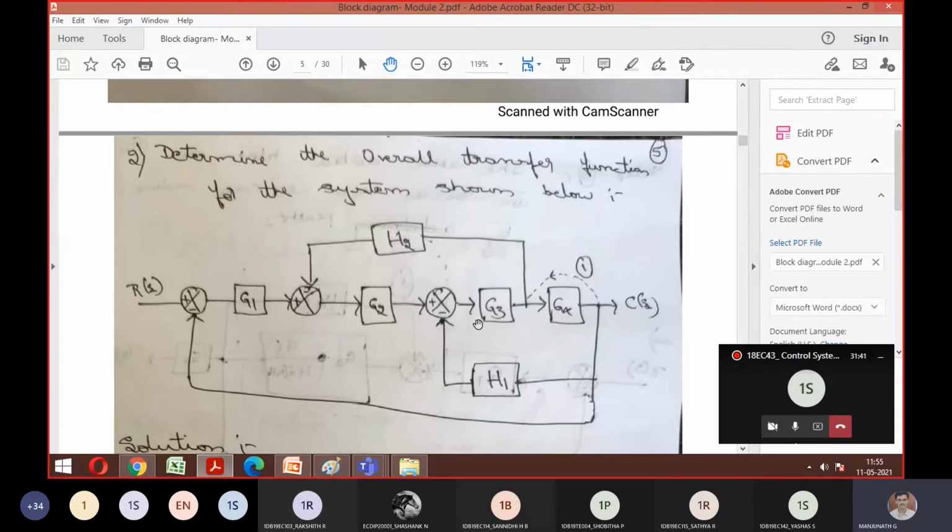How many forward paths do you have? One forward path, 2 feedback paths. Is it 2 or 3? Just check properly. 3, sir. Yeah, 3. So this is also there. See, I told you, right? If H is not mentioned, it means it is a part of unity feedback. So you have 3 feedback paths and 1 forward path. That is the first thing. Next, how will you solve the problem? You should explain to me. Any one of you unmute yourself and explain what is the way or procedure to solve the problem.